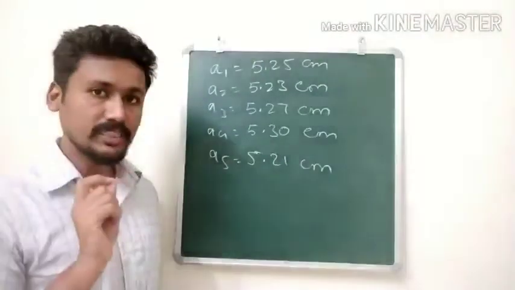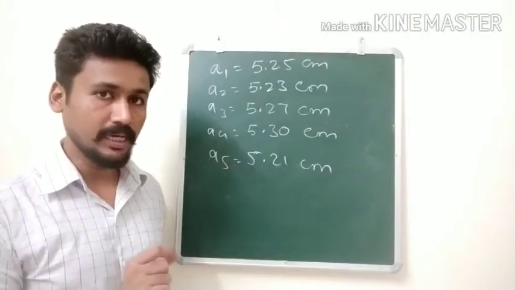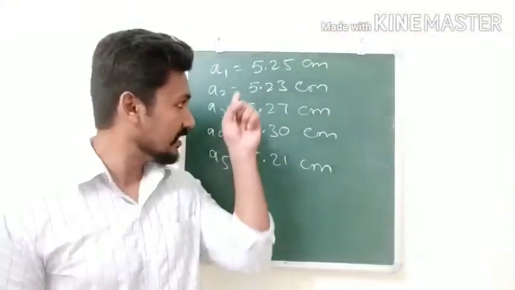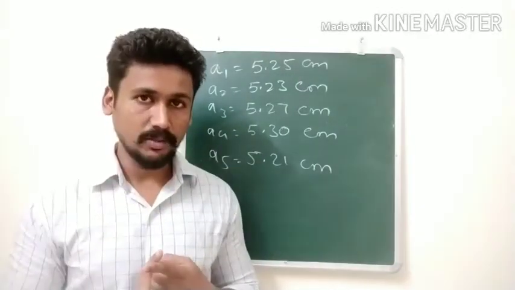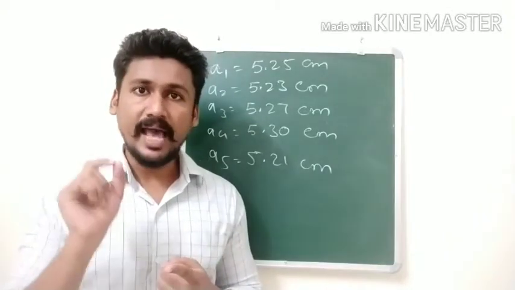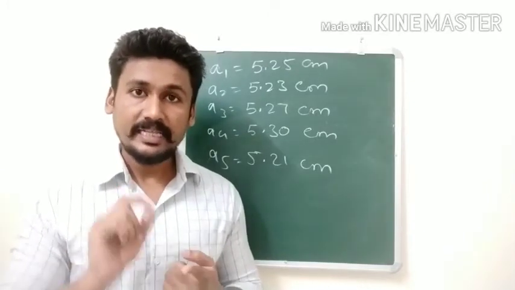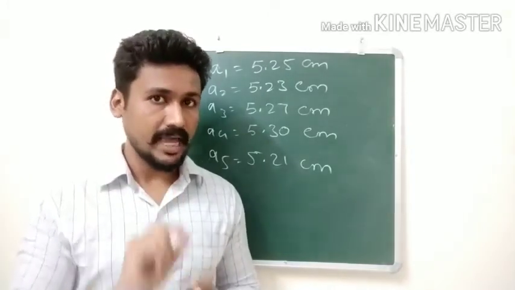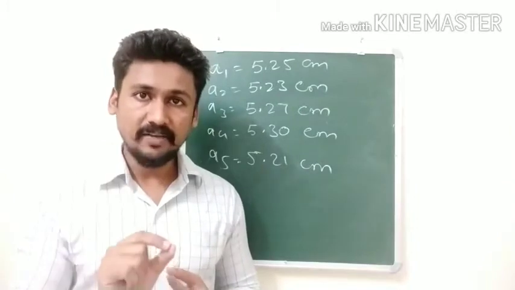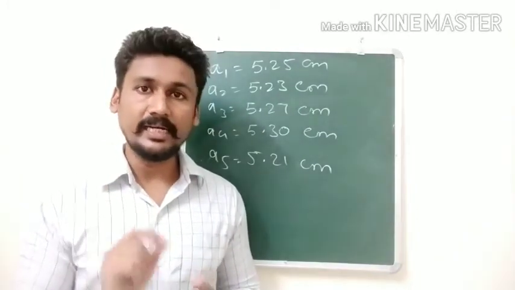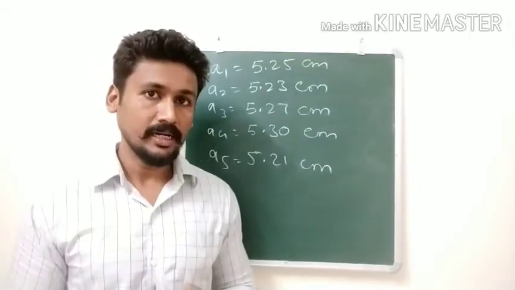Now using the steps, I want you to find out the relative error in this particular measurement. You will follow all the steps that we have seen. These are A1 to A5. First, find out the A mean, the average of all these 5 values. Once you have found A mean, you will find absolute errors for each, so delta A1, delta A2 up to delta A5. Then you will find the mean absolute error, and dividing it by the mean value, you will get the relative error, and then relative error into 100 will give you the percentage error. So I want you to find the relative error and percentage error for these values.